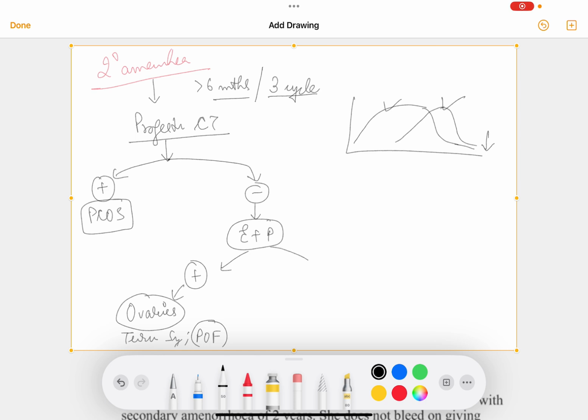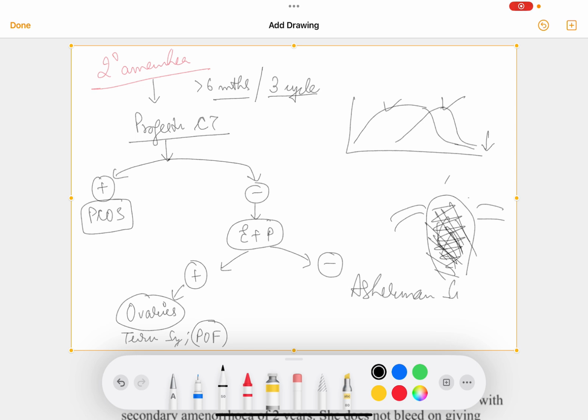E+P challenge test. But if even with estrogen and progesterone the patient is not having any menses, then it means the entire tract is all right, the defect is somewhere in the uterus. If there is a problem in the uterus, the uterus never bleeds. So basically the most common cause is Asherman syndrome. Asherman syndrome. In Asherman syndrome there is adhesion in the uterus, and so the uterine endometrium is destroyed, so the endometrium will